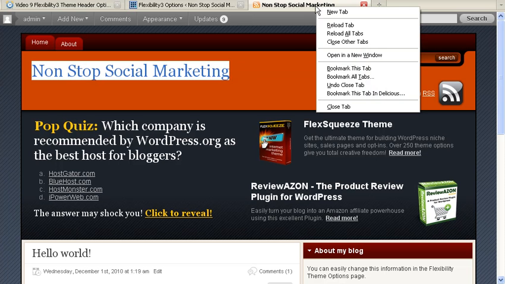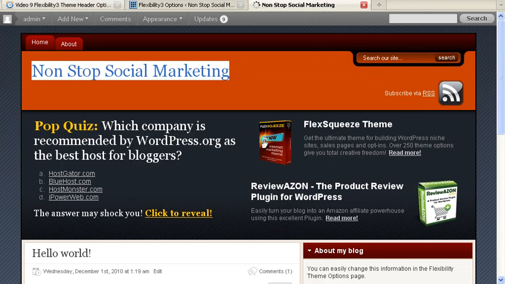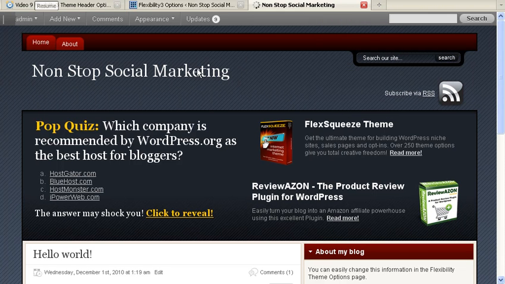Okay, this is before. I'm going to refresh, and now you can see that the red has turned to transparent. It matches the background here. Okay, so the next option is